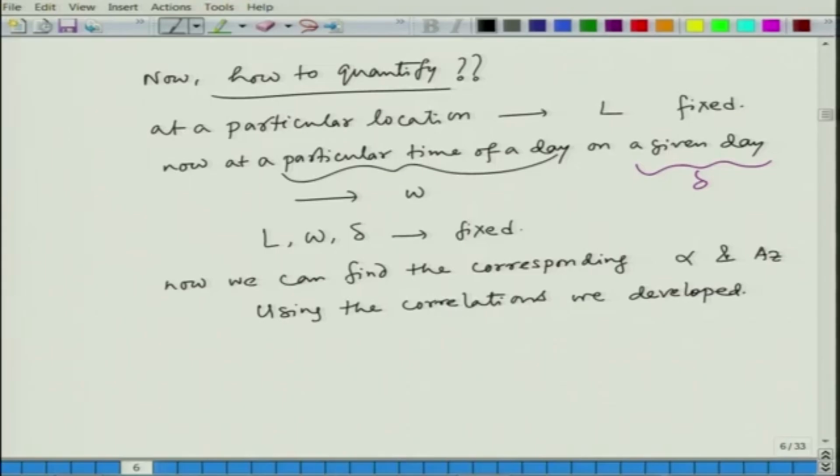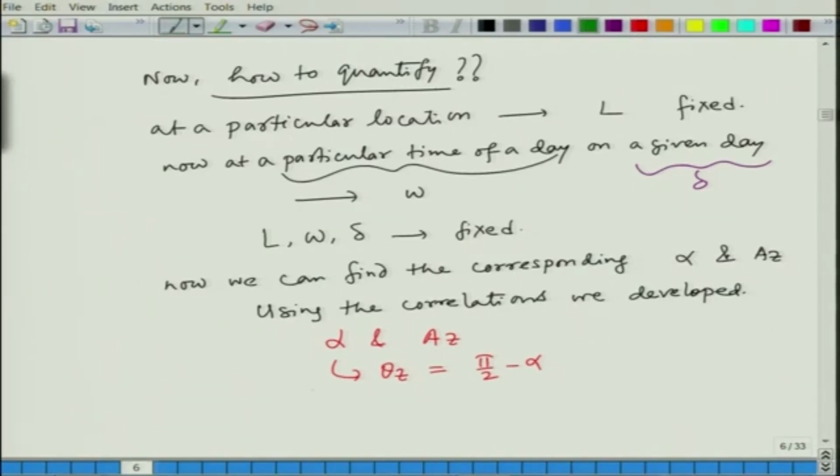We can find out this alpha and Az, and whenever we have alpha we have theta z, because theta z is nothing but pi by 2 minus alpha. Theta z is the zenith angle and alpha is the altitude angle. Once we have that,